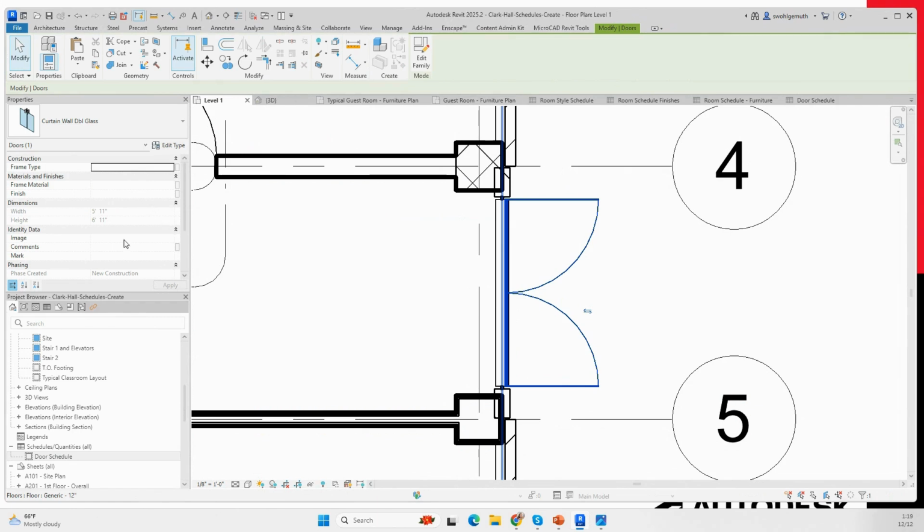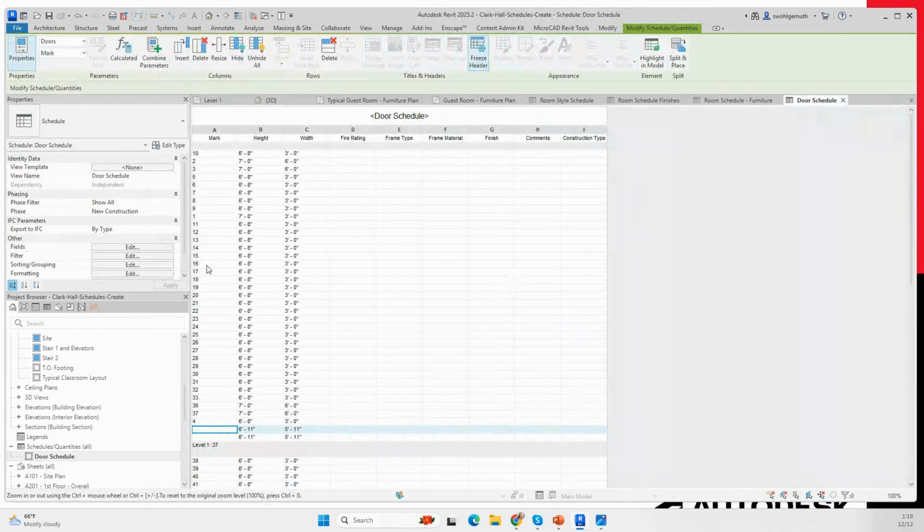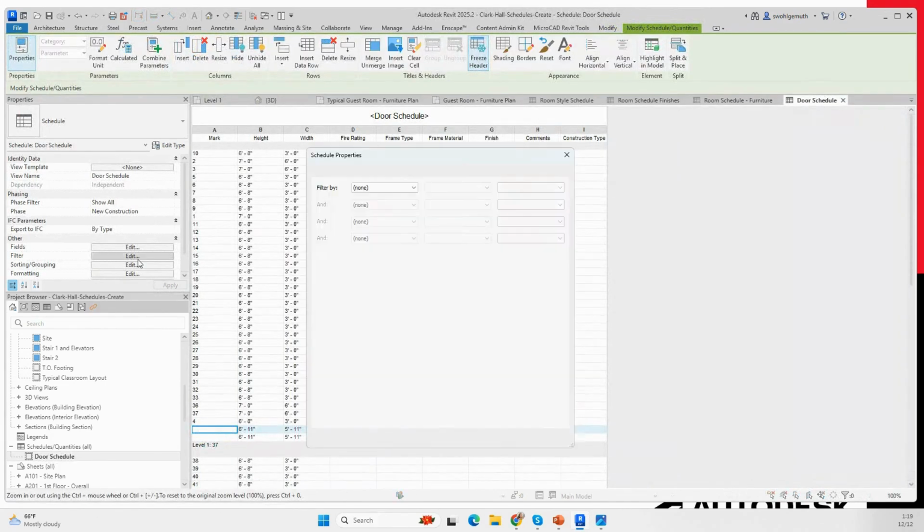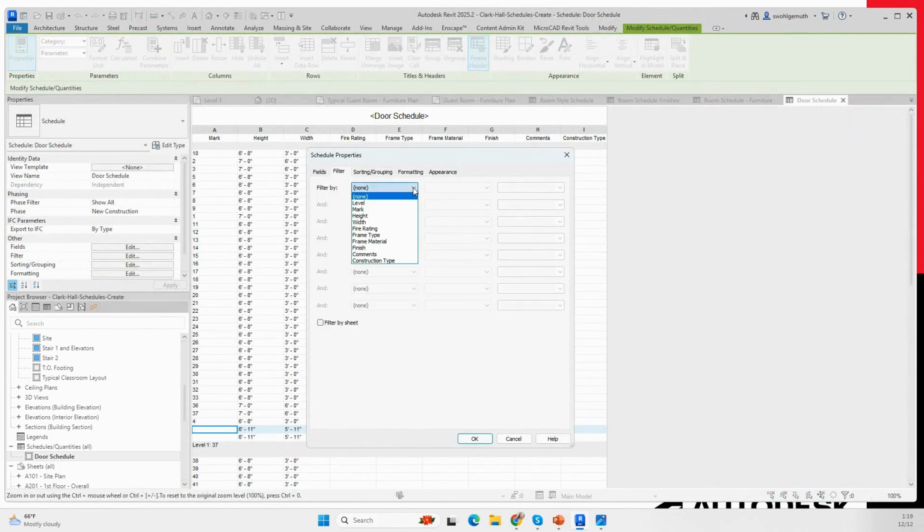And to me, it's kind of like sending Revit on a wild goose hunt, which I don't like, right? So the mark parameter had not been filled out because it's a curtain wall. So let's imagine that I don't want to see that curtain wall in that schedule, and I can filter my schedule. So I'm going to go back to my door schedule, and I'm going to go to the filter, and I'm going to choose filter by